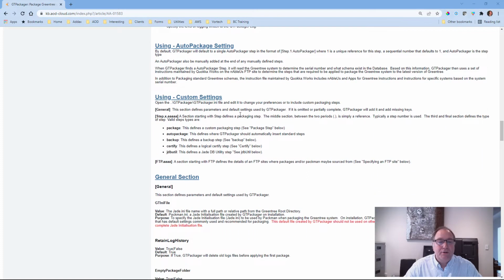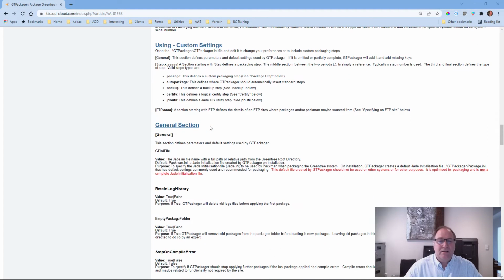There are a number of other components, I won't go through them all, but you can use GT Packager to do specific packaging, which I'll show you very shortly, where you can specify exactly what packages you want to apply. Auto package is what we're doing here. GT Packager will just automatically determine what's required. You can back up the system, you can certify the system, you can run JB util functions on it. All of those sort of things, so that there are a number of other options, particularly for more complex packaging